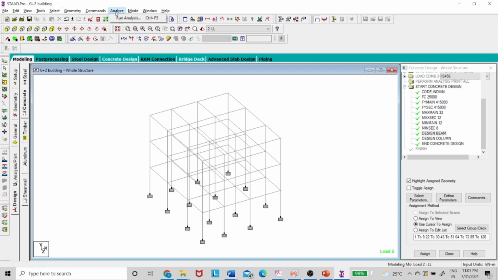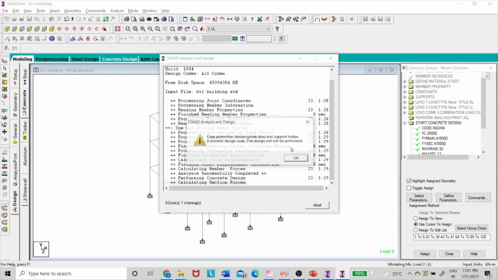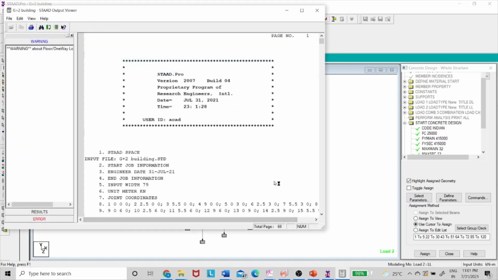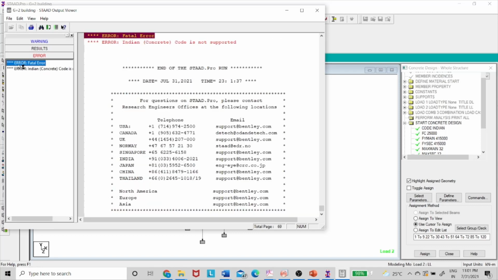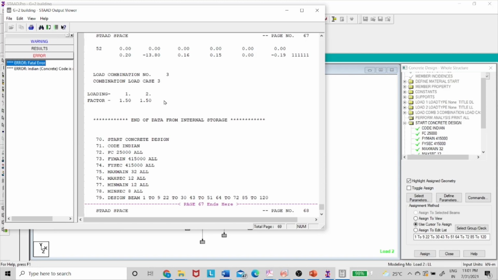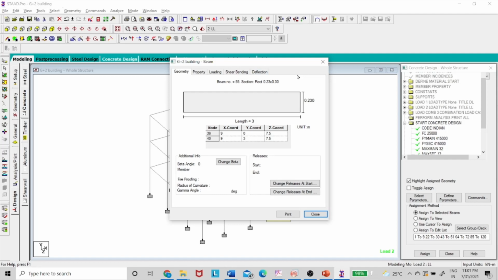Then what I do is I will run the analysis. Here, since I am using a very limited version, I am unable to do the design code. This version of the software supports only the analysis, not the design. If I click on any member, if the design is done, then you will get a concrete design option here. Since mine supports only the analysis, but the procedure